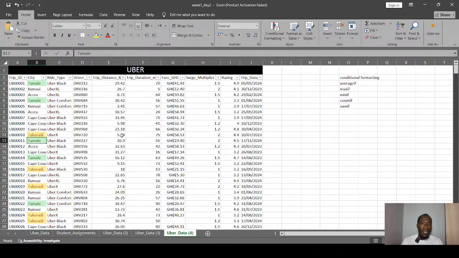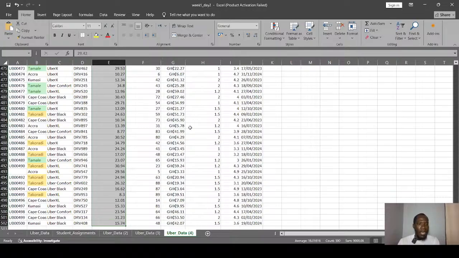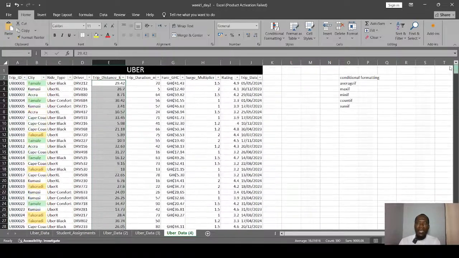What about with numbers? Let's say we want to do conditional formatting with numbers. Let's look at how to do numbers, and then we wrap up on conditional formatting. So with that, we can use the column E, right? So we have our trip distance. We have to select cell E3, which is the first cell in column E with data. Control Shift down arrow highlights everything. Then we go to our home conditional formatting under the styles tab.